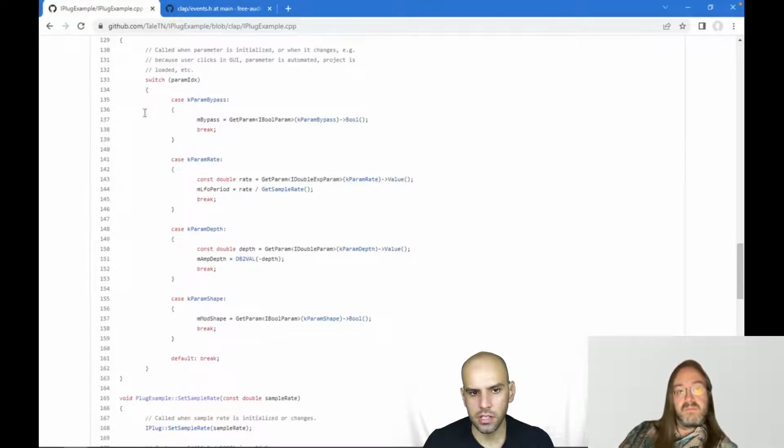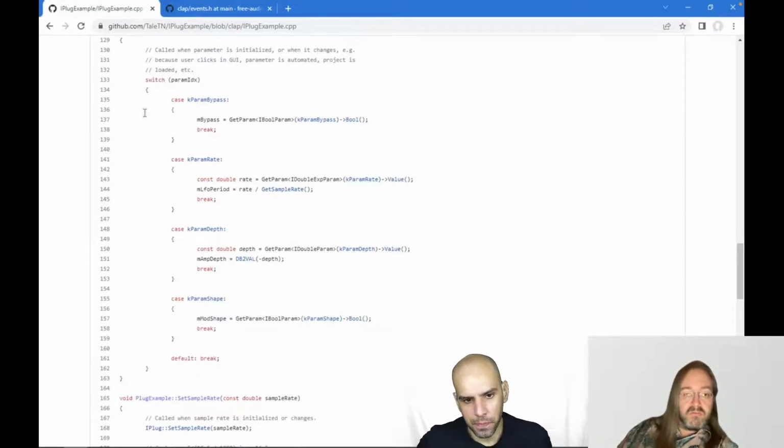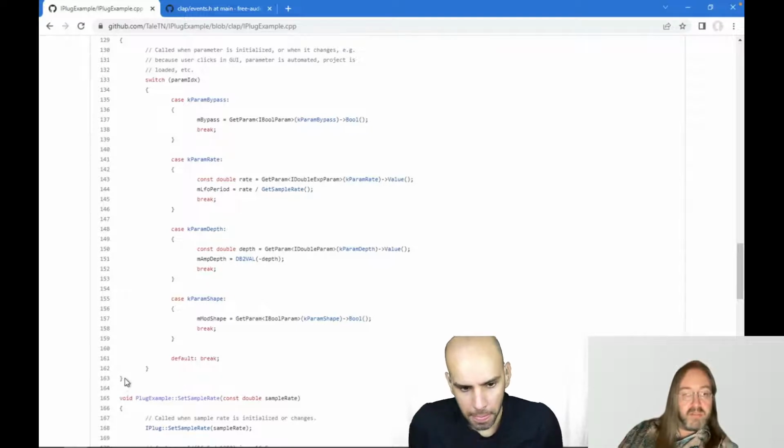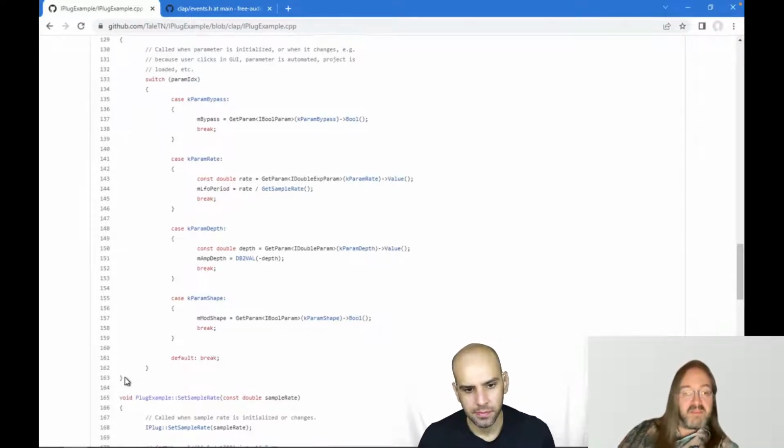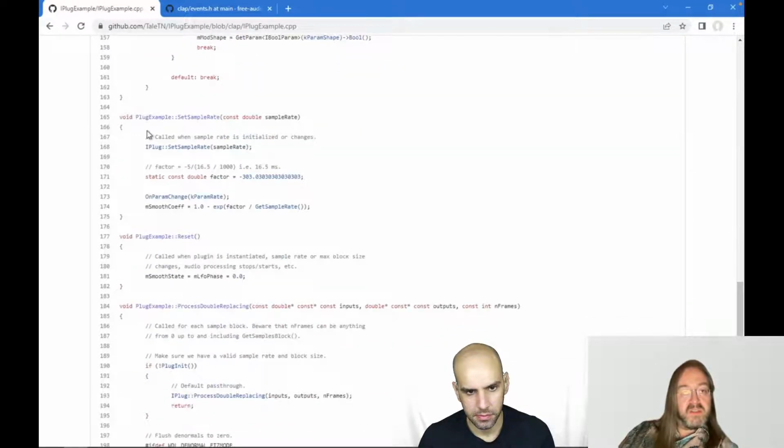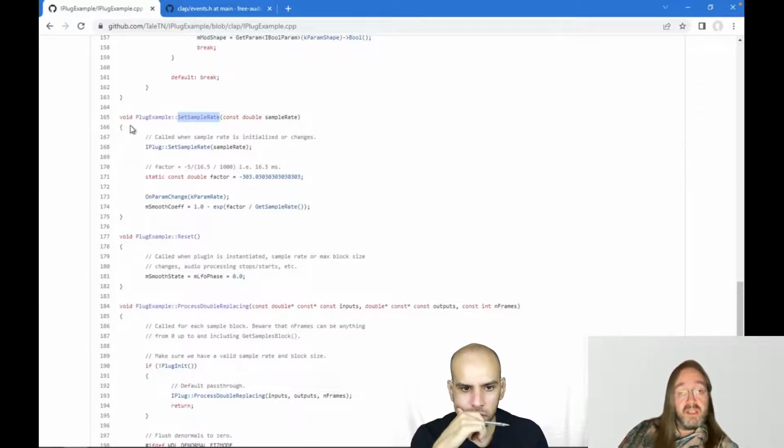And all of this looks very familiar because we have looked at code that is using iPlug 2 and not much has changed. Some things have changed, but I'm sure that some things are also exactly the same. And then we have something that I think the original iPlug didn't have, a set sample rate callback, because I've added this a while ago. This gets called when the sample rate changes, and when the plugin is initialized, it gets the first sample rate, of course.